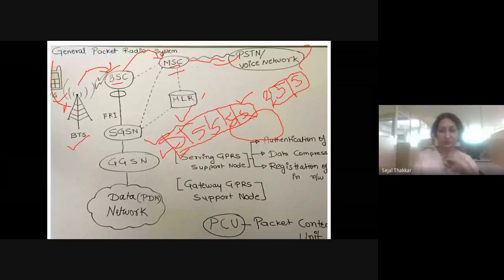As well as that, it is going to register your mobile into the network, because if we are calling somebody, then we are going to get a bill, right? We will have some charges that you have called that particular person for 60 minutes or 55 minutes, so you have to pay this much amount of money. If it is prepaid, then the money will be cut down. If it is postpaid, then you will get the bill.